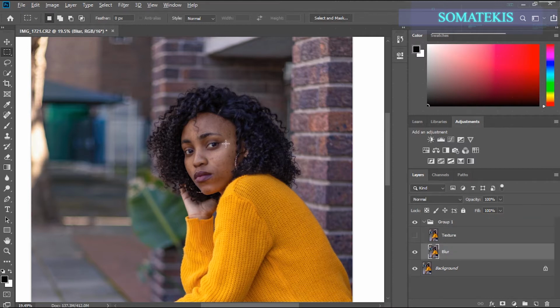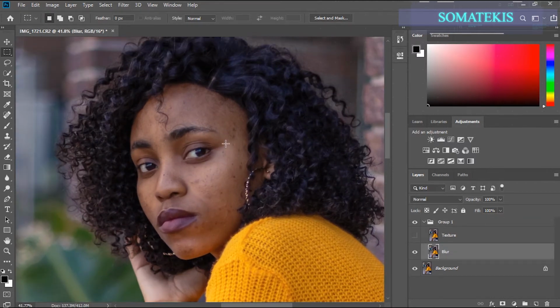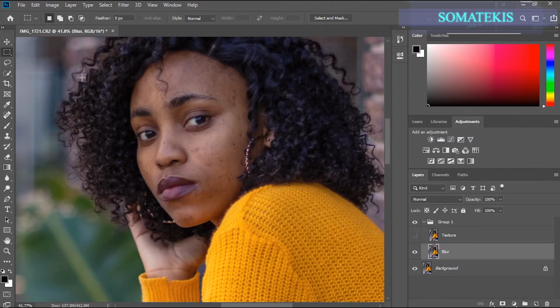Then what I do with the blur layer is, what you're doing here is called frequency separation. So what I'm trying to do here is eliminate blemishes, all right? And with this process of blemishes,